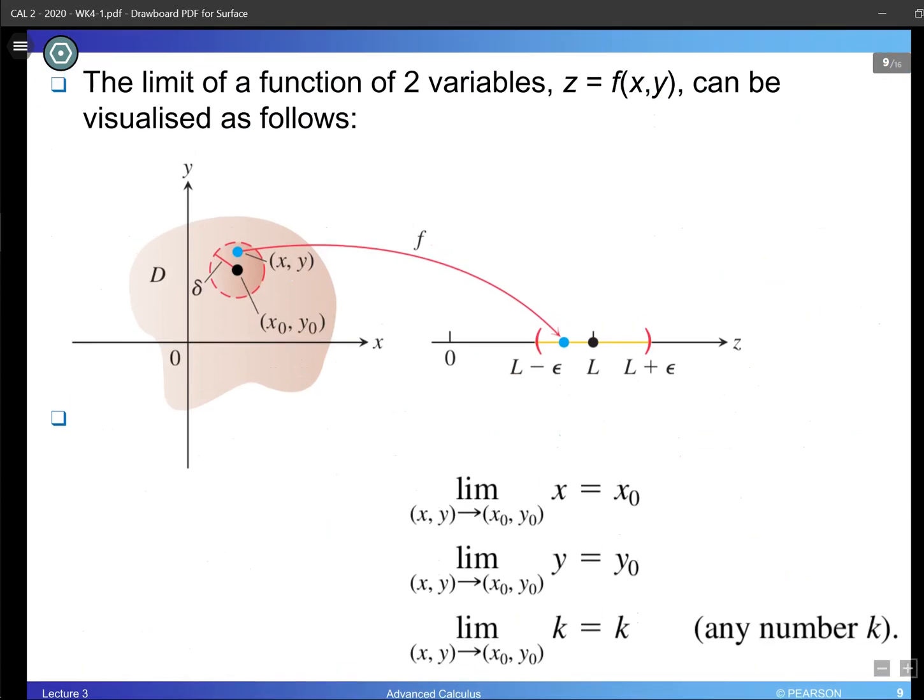Okay, here we want to find the limit of a multivariable function of x and y, and of course we are working in 2D space, so we have the approach in 2D to this point x0 and y0. Let's put this point in the figure, which is already there, right here. This point is x0 and y0, and we want to approach this point